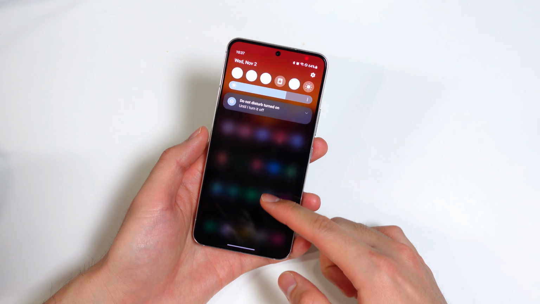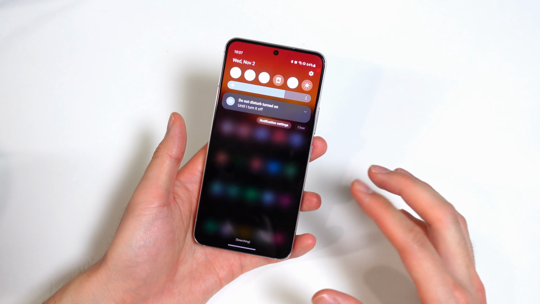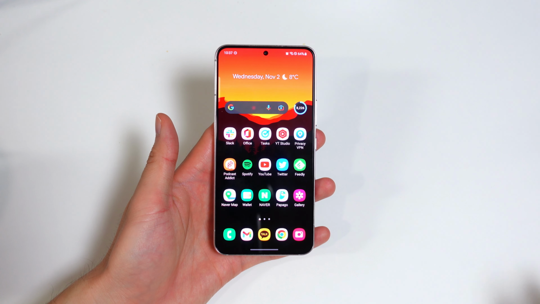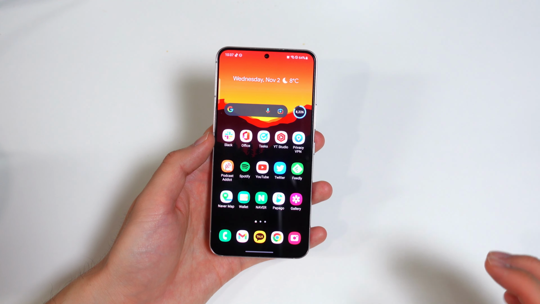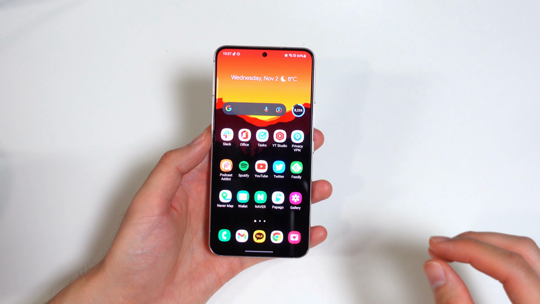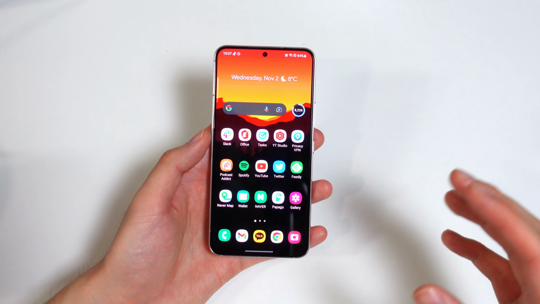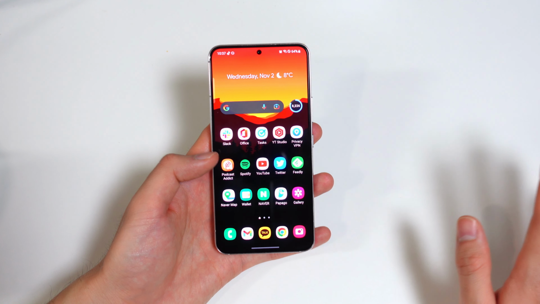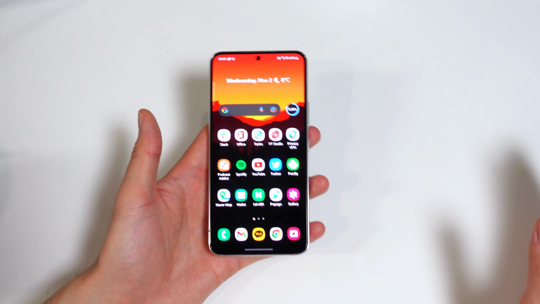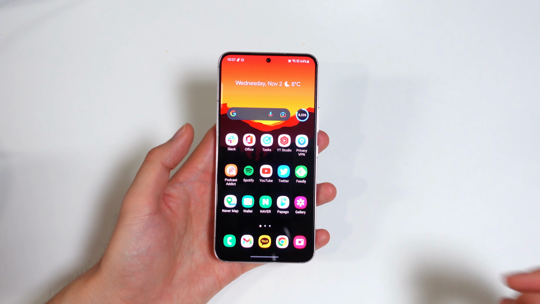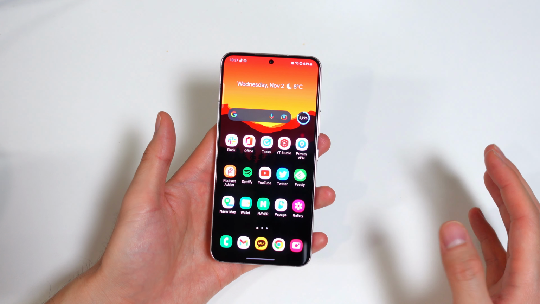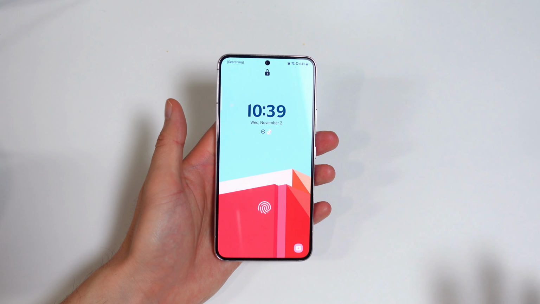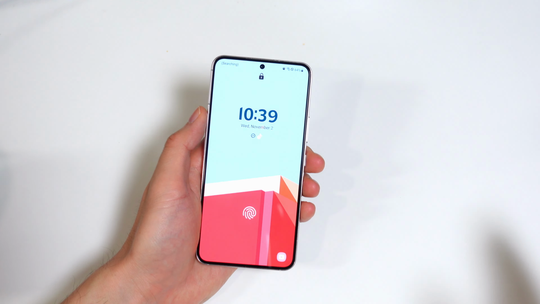If you pull down the notification shade, there you go, everything goes blurred in the background and it does seem less distracting. So just from my brief time with it, it does seem like the UI is a little bit smoother. I really don't think it's a huge animation jump like it was from One UI 3 to 4. Honestly, that felt like a huge bump, and before One UI 4, I thought Samsung phones just felt a little slow with or without the 120Hz refresh rate screens. Now it does feel a little bit smoother, but it's not a worldly difference from what it was in One UI 4 and 4.1.